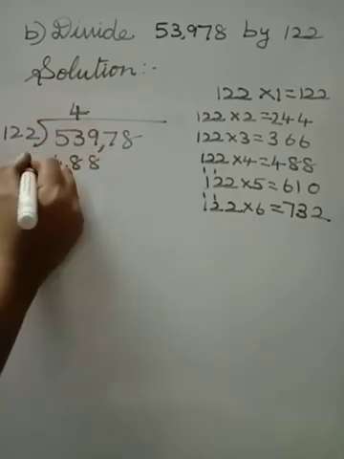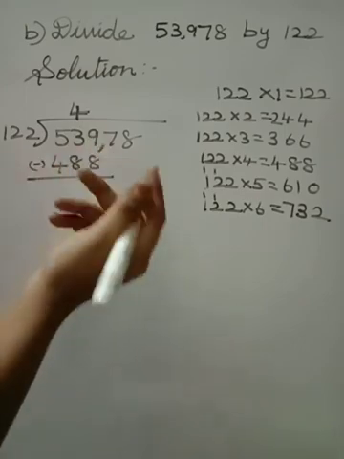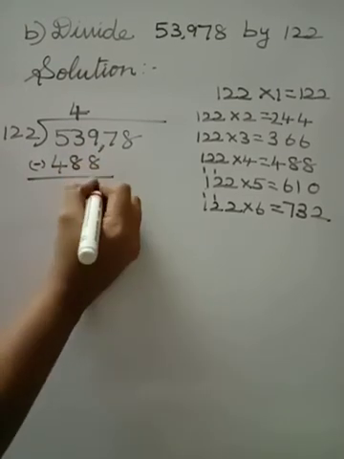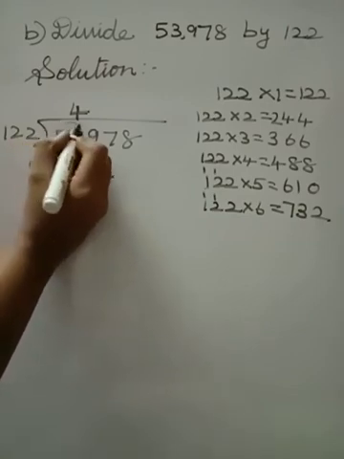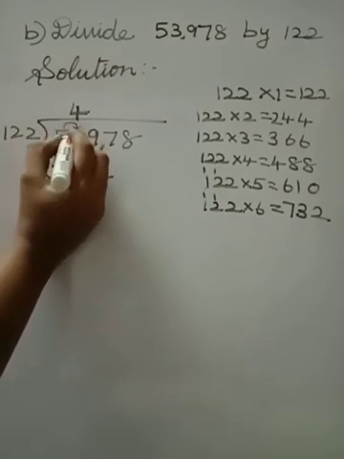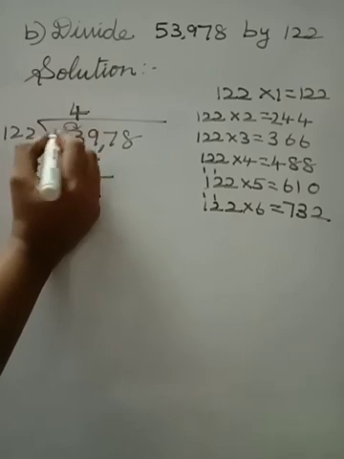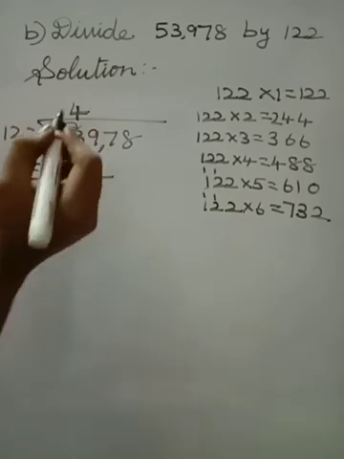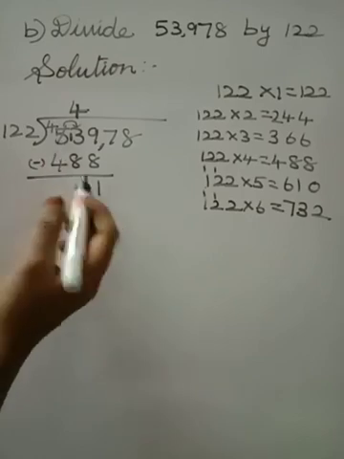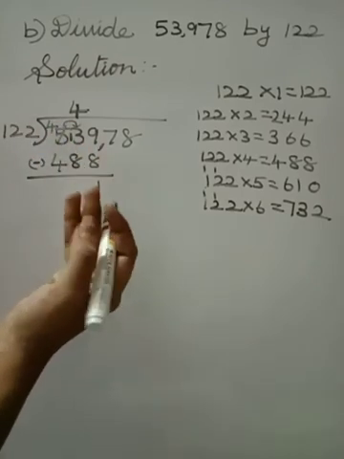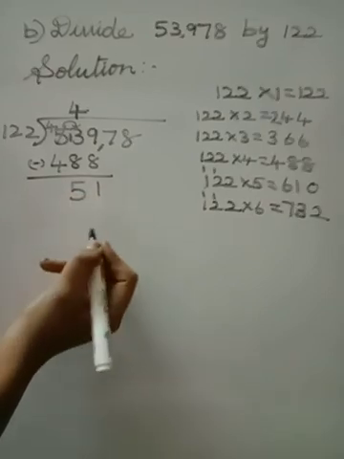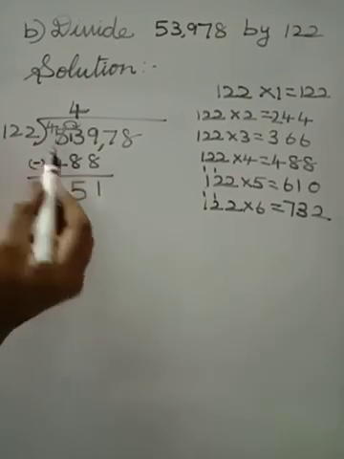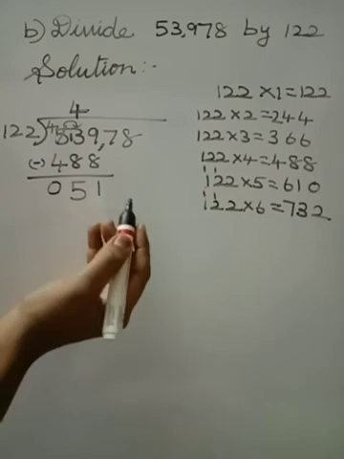4 times 122 is 488. Now we will do the subtraction. 8 after 9, so here it is 1. Here 8, 3. 3 is the smaller number, so I am borrowing. 3 becomes 13 and the 5 before it becomes 4. Now 8 to 13. 8 after 9, 10, 11, 12, 13. So we are having 5 fingers, so 5. Here both the numbers are the same, so the answer is 0.